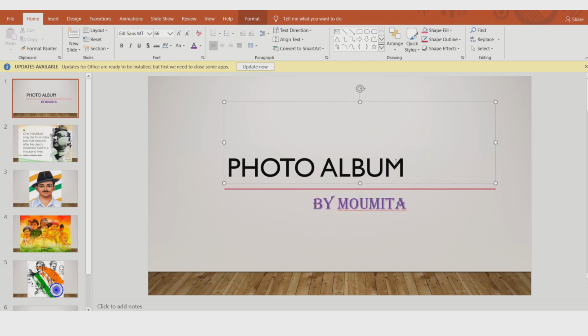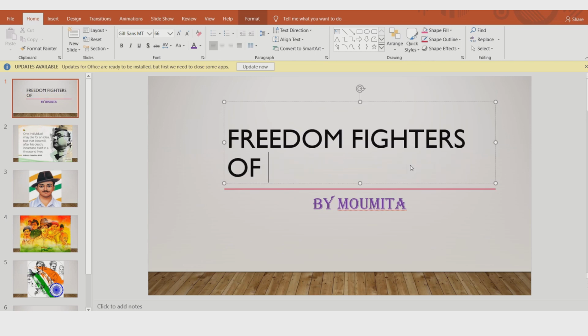Then the photo album name, suppose I am writing the photo album name Freedom Fighters of India, or you can give Indian Freedom Fighters.